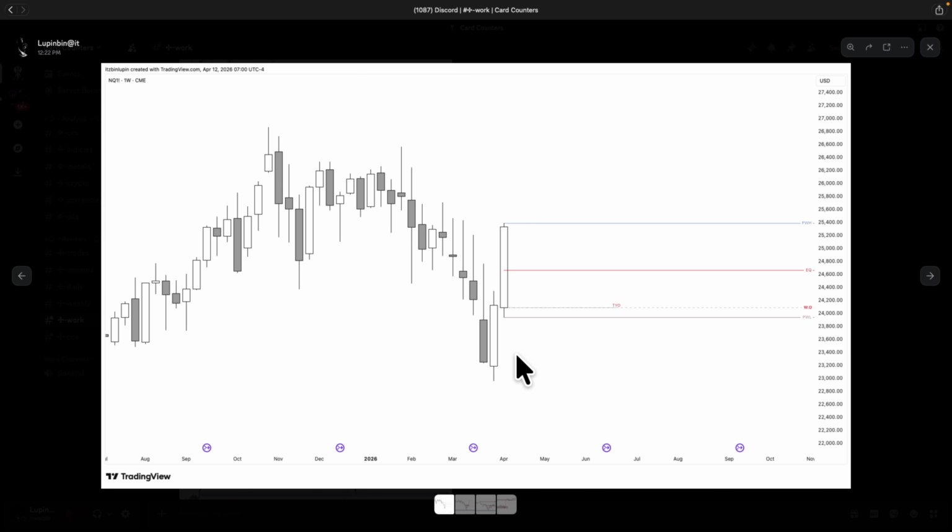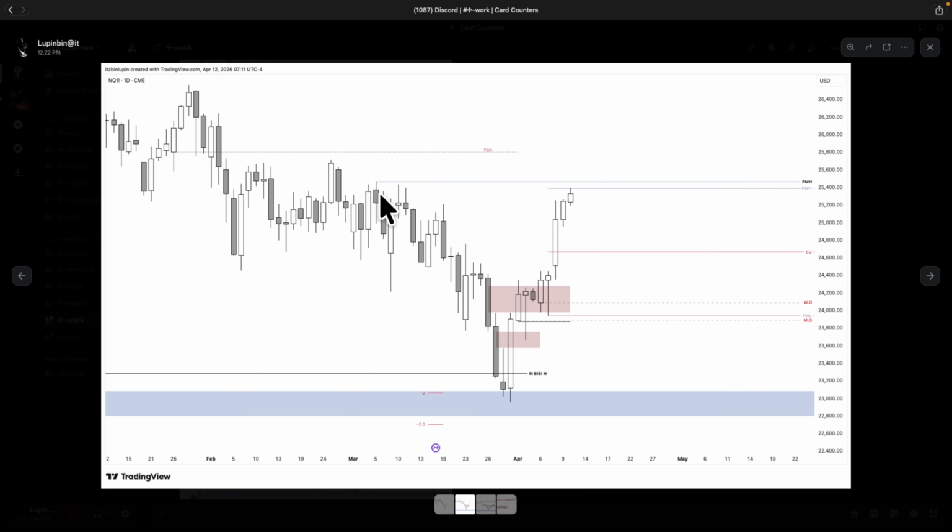Taking a look at NASDAQ on the weekly chart, we have our week opening right here, and then we have our previous week low and our previous week high. Now we see that this week's trading was rather expansive towards buy side, and we're currently drawing towards these highs that reside right here. So taking a look at the daily,